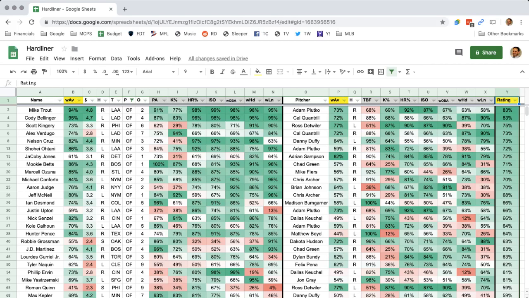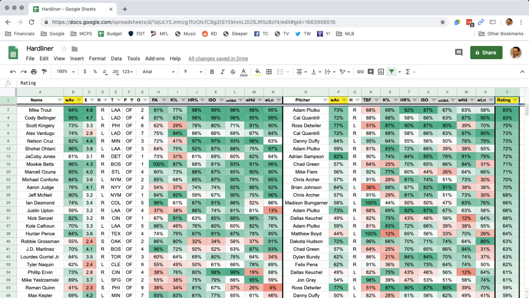Your one-off plays, you absolutely need to be targeting guys with elite power, and he is not that. Nelson Cruz, however, is, and he's facing Danny Duffy. Strikes out a ton against lefties, 41st percentile, but 97 home run ISO, 93 wOBA, 98 hard. Just a 63 weighted line, but again, that's probably because of the K rate.